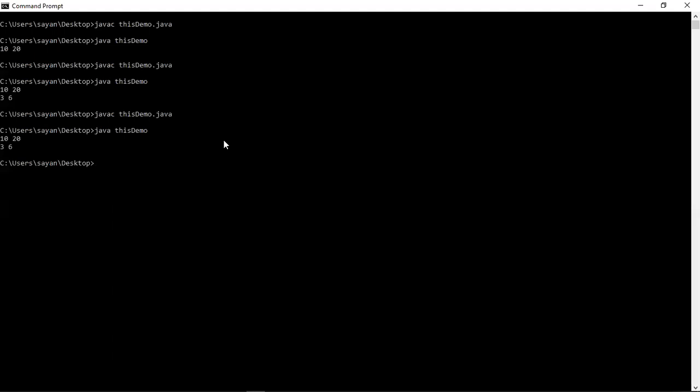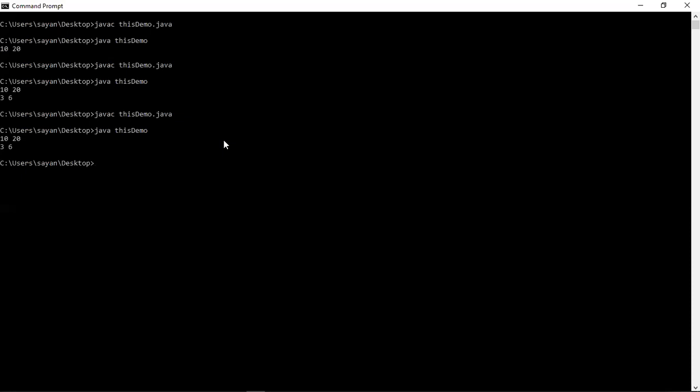And whenever a particular object comes into the picture, the compiler will automatically understand which object it is currently dealing with, and the values passed into the instance variables will be those passed using the current object. So in this case you don't need to use the this keyword, because whether you use it or not, you are going to get the same output, because the compiler and JVM are equipped enough to differentiate between multiple objects.